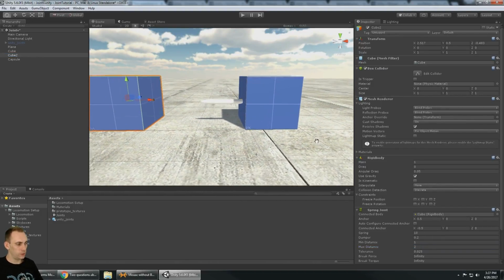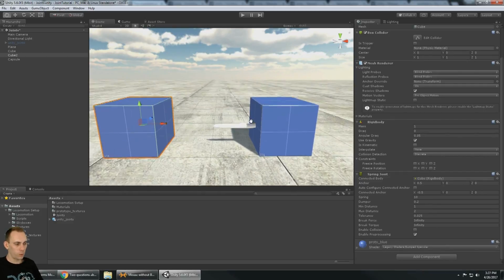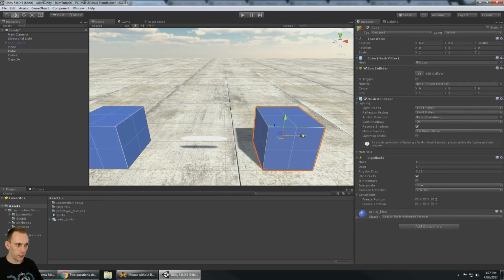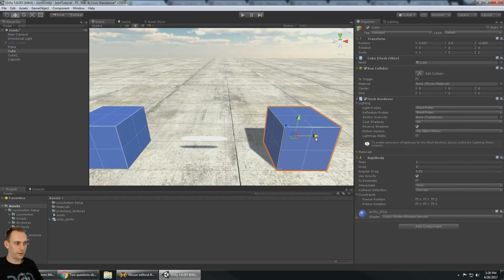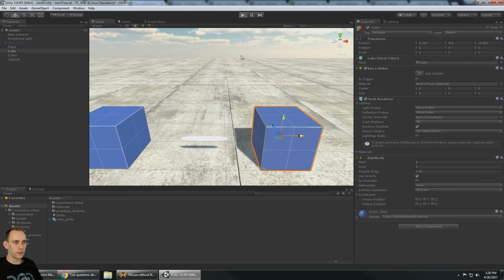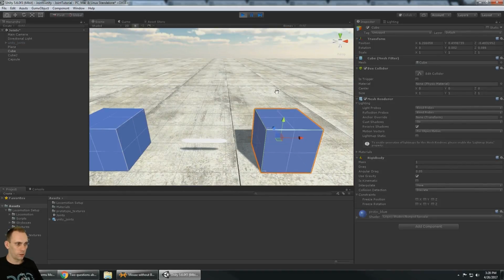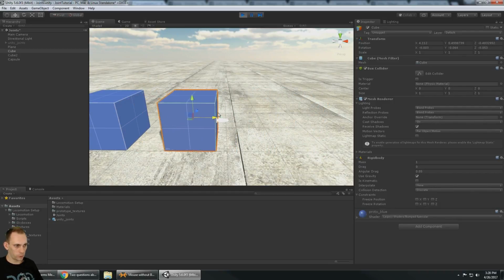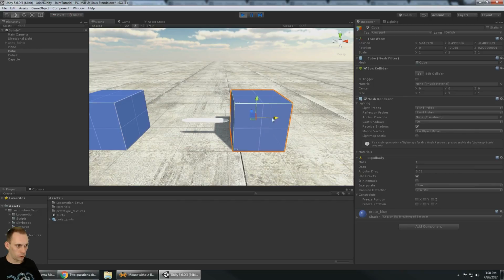So we got the max distance at 2, the minimum distance at 1, and what that means now is there's a minimum distance of 1, then the spring exists, and then there is a maximum distance of 1, and then the object, and then the anchor point is essentially where it's going. So I should be able to start it right here, and they're not going to pull together. I should be able to go all the way down here, all the way this way. But when we get to here, it should pull because,